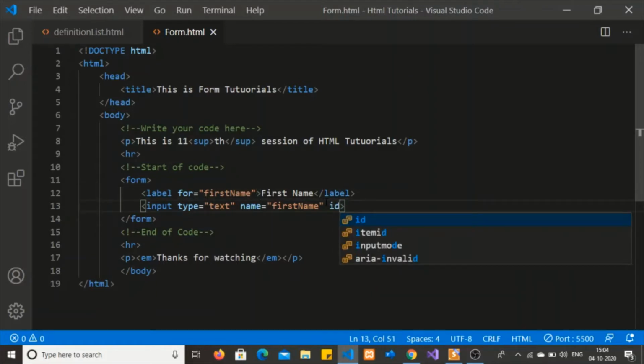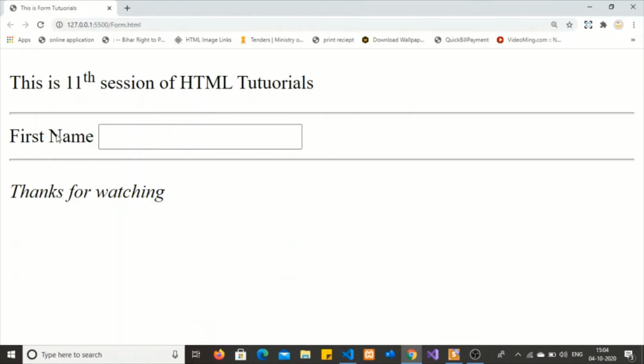I'm applying the ID attribute also: first name. If I click on this label, you may see here my cursor is pointing to that respective input text.